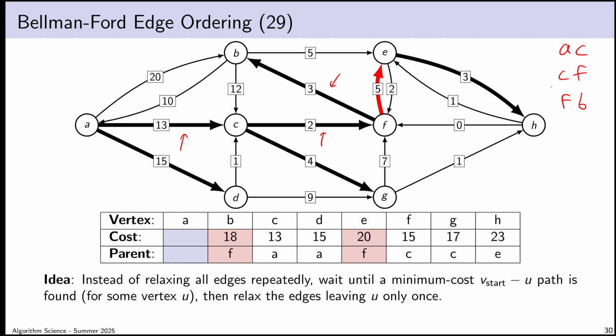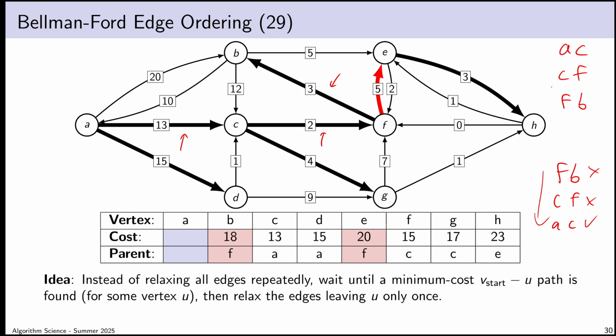On the other hand, in the other version of the example where I relabeled vertices, I'll use the same labeling for the sake of this discussion, I considered the equivalent of the edge FB first, and then the edge CF, and then the edge AC. But FB couldn't help me because when I considered it, the cost to F was infinite, so I just ignored it. CF couldn't help me for the same reason, so I ignored it. So the only edge I could lock in after one iteration of the algorithm was edge AC.